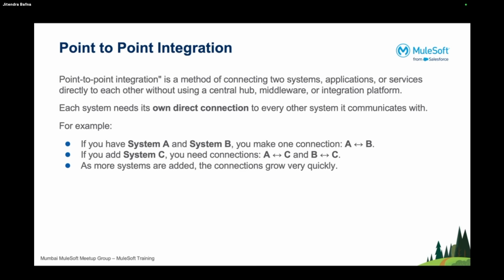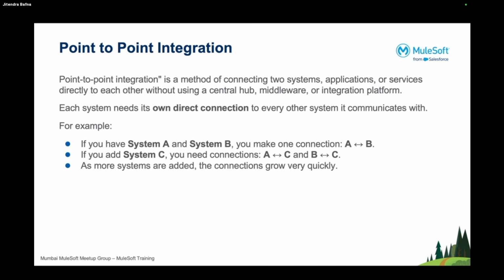Okay. Point-to-point integration is a bit difficult to manage, because we don't have reusability, and we are configuring a connection string to connect to the same system from multiple systems. If system A wants to connect to Salesforce, there will be a connection string in system A. If system B wants to connect to Salesforce, system B cannot go via system A. System B also wants to connect to Salesforce, so there will be a connection from system B to Salesforce, and we have to maintain a connection string in system B also, right?